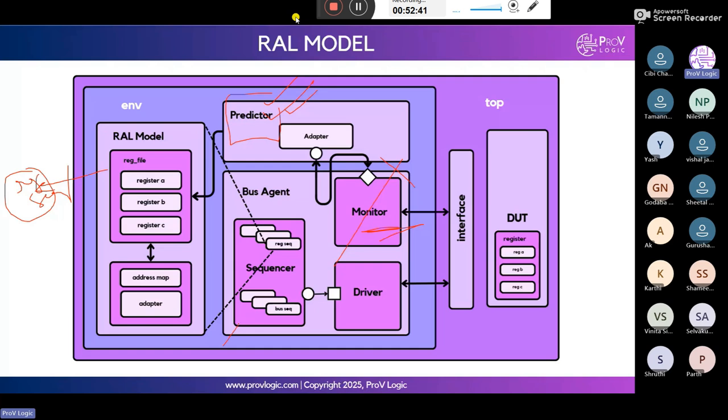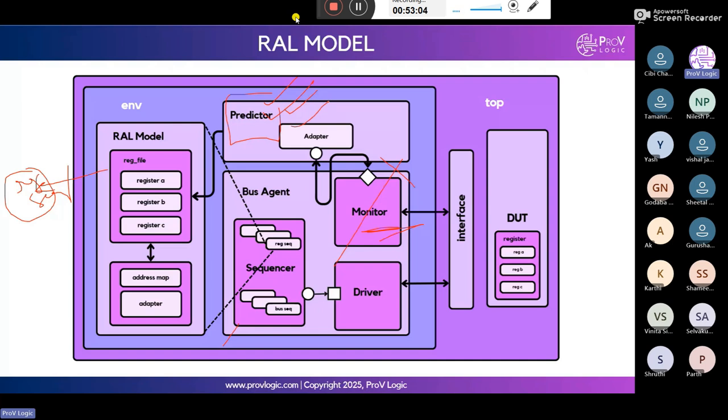And everyone understood till here? Ma'am, can you explain explicit prediction again? Explicit prediction is the same as this model only. We will connect an extra predictor. In automatic prediction, we don't connect any predictor.